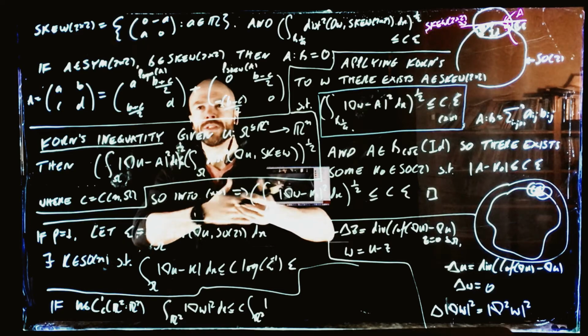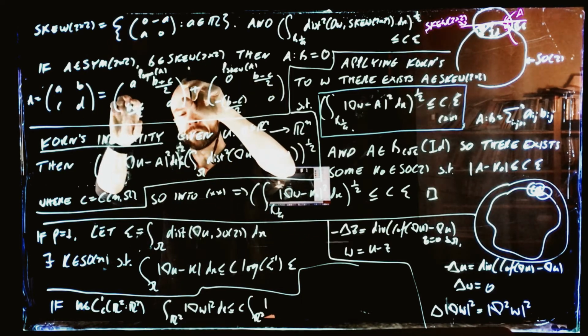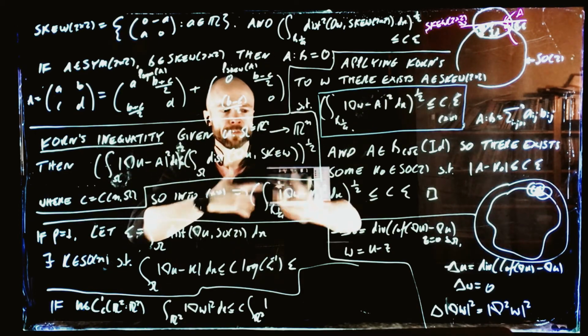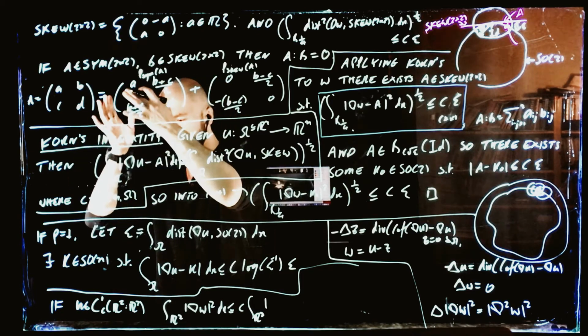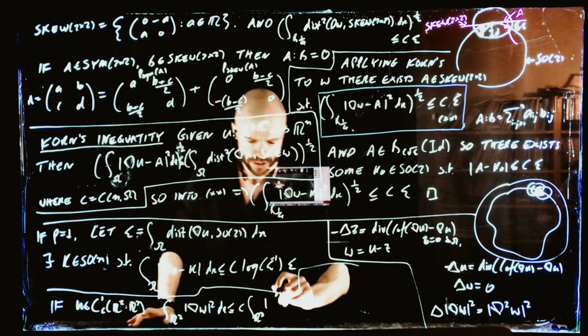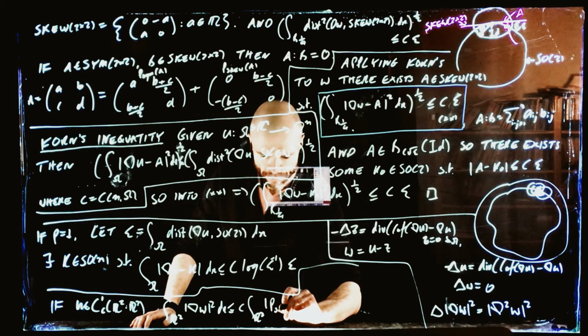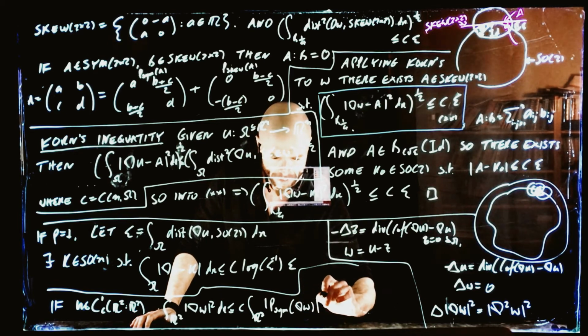Since the skew-symmetric matrices and the symmetric matrices are orthogonal subspaces, we can represent the distance away from the skew-symmetric matrices simply as the norm of the projection onto the symmetric matrices, of the gradient of u,